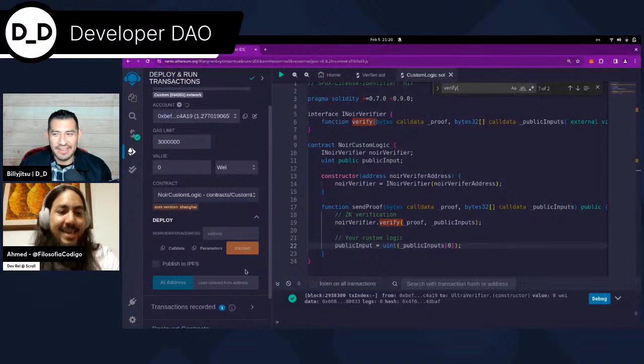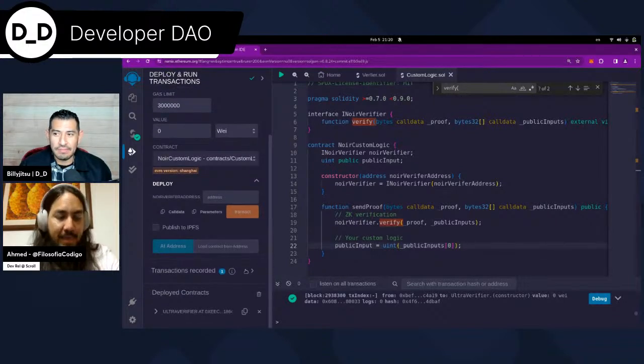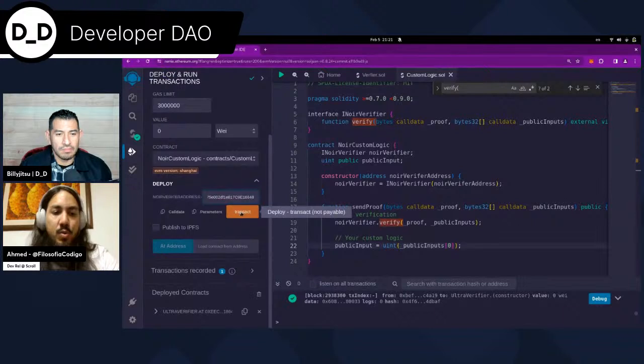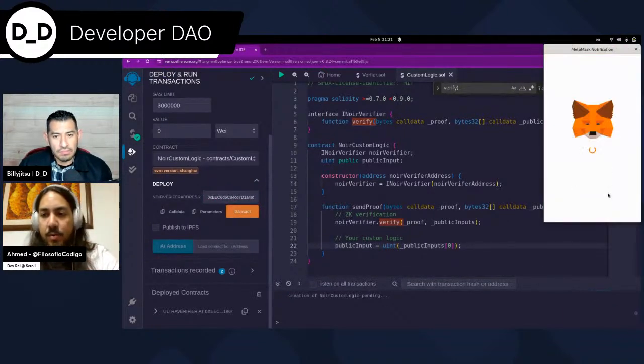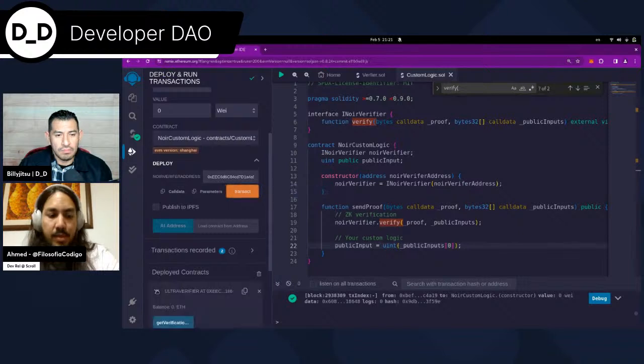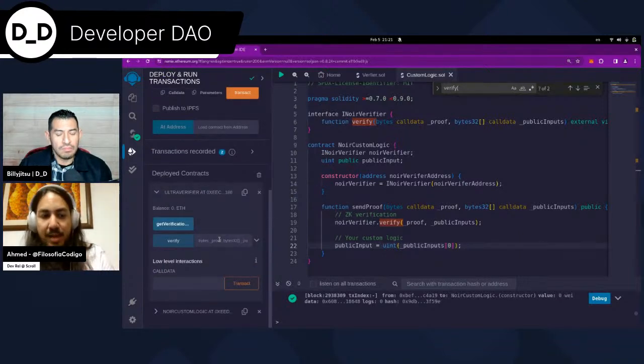Okay. Yeah, cool. So in the constructor we send the verifier address. The contract that gets automatically generated, you just deploy it as is. You just don't make any changes. You just don't touch it. You don't need to work with it. And here we're going to pass it as a parameter, just to store it, so we can verify our next proof. So this is the verifier contract that was automatically generated that has this verify function, and